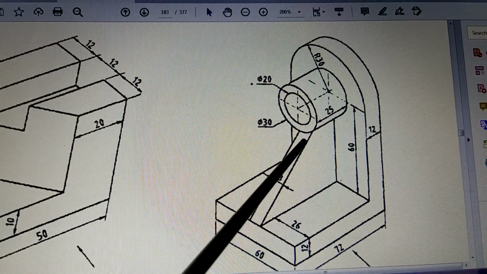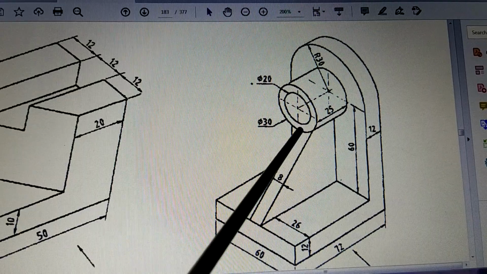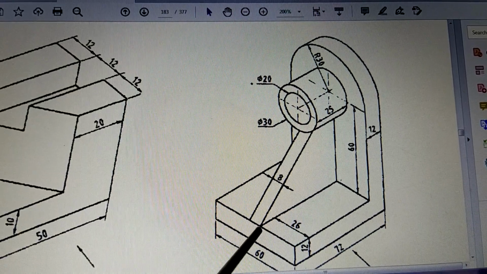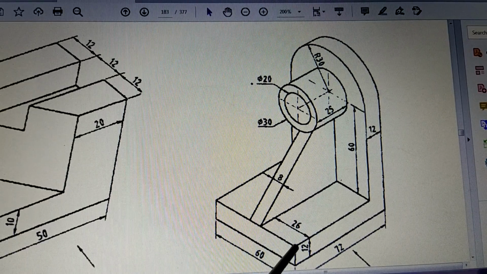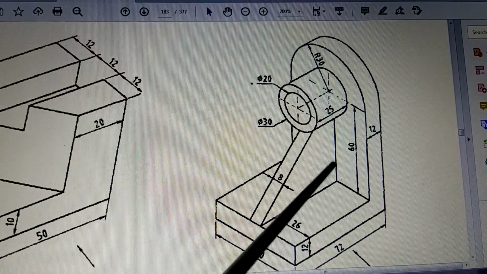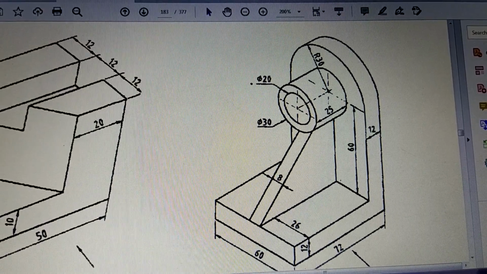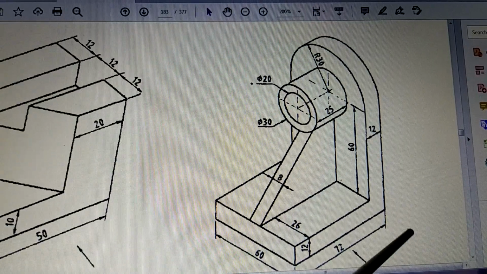So all what you have to do is you have to draw this inclined line from the last point of the circle or the cylinder till this height. So wherever you have got this 12 point, the point at a height of 12, you have to join this to this point in the front view to represent this surface. So that becomes the front view.